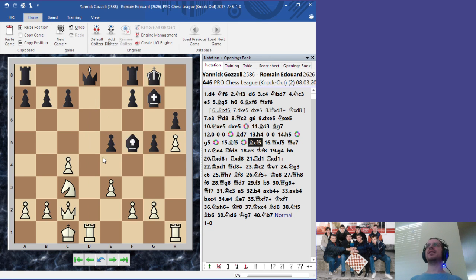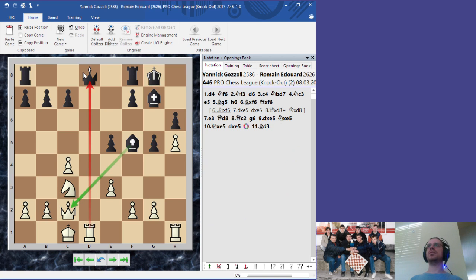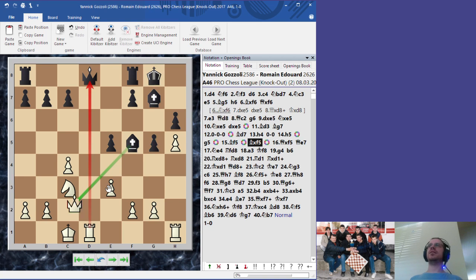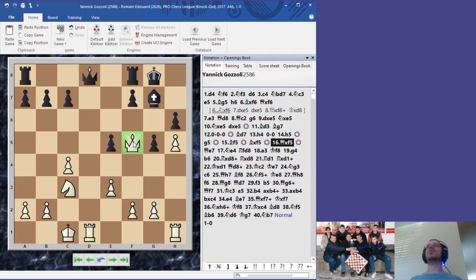Thankfully, black has tactical salvation because bishop hits the queen, but of course white would not exchange queens. He takes with the queen, and now his queen is posted on a weak square for black, which is a strong square for white. And now